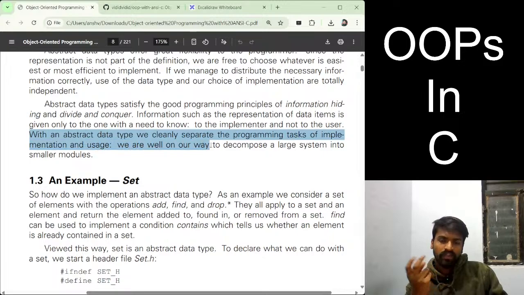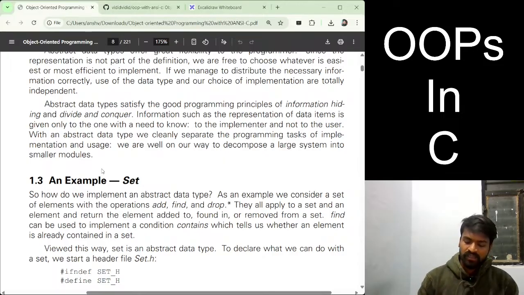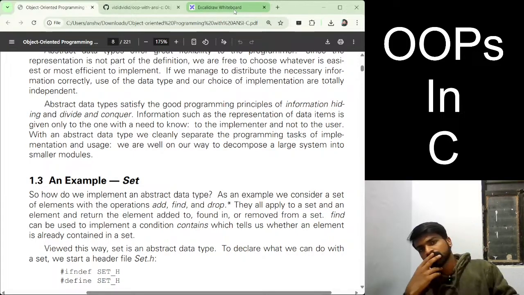We are well on our way to decompose a large system into smaller modules. So basically what happens when you try to hide things, you come to a point where you divide the things, and when you start breaking things, they become decomposable, like smaller modules are there. Now you don't have to look at the whole thing, but there are very small things that you have to work on. Like, I can give you a better example,